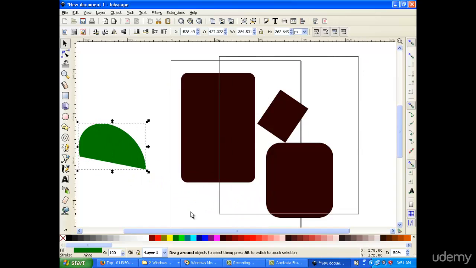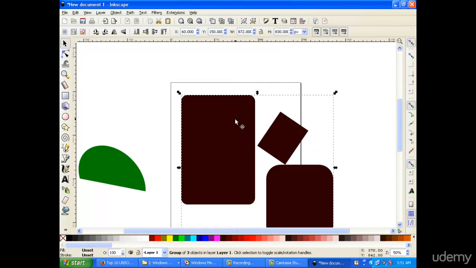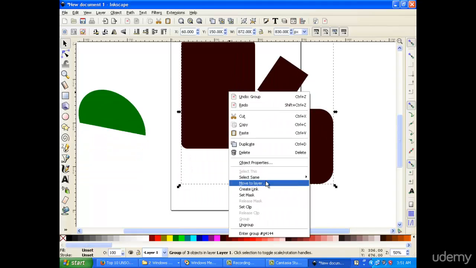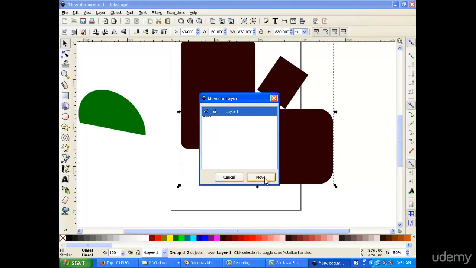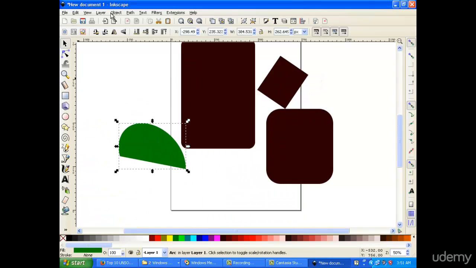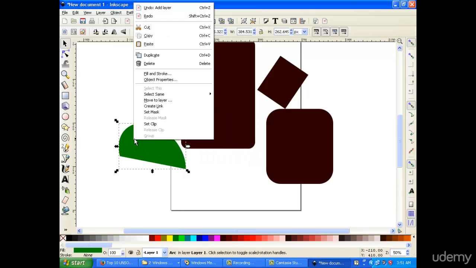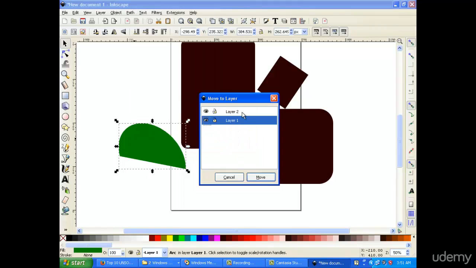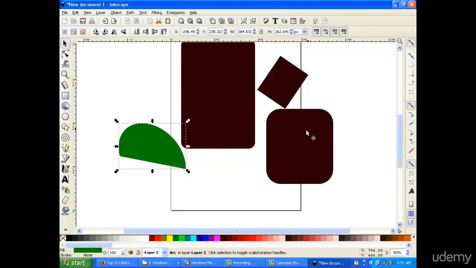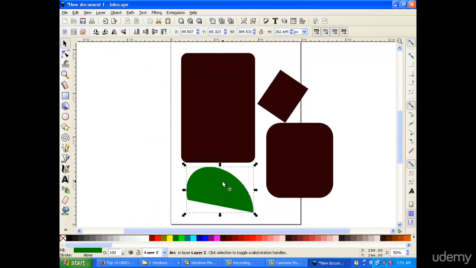Now, if we can observe here, if we press right click, we can also group them so that we can save the trouble of moving them from one position to the other. But you have to remember to put it into layers so that we'll be able to make the proper arrangements for each. If you're intending to create a layer, or you want one particular object to be on top of the other, all you have to do is